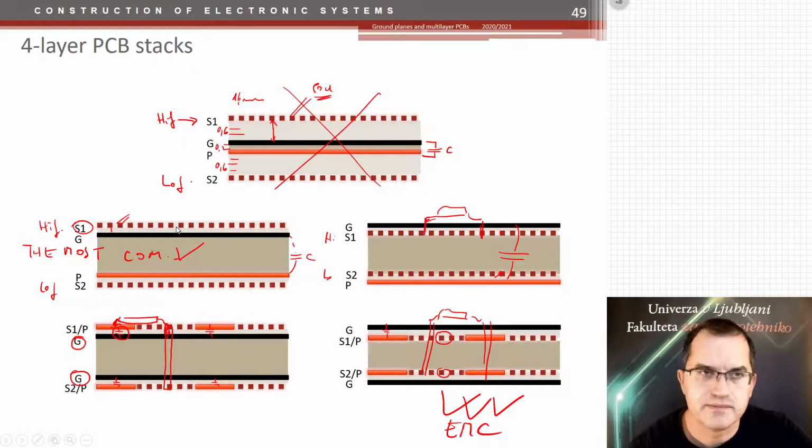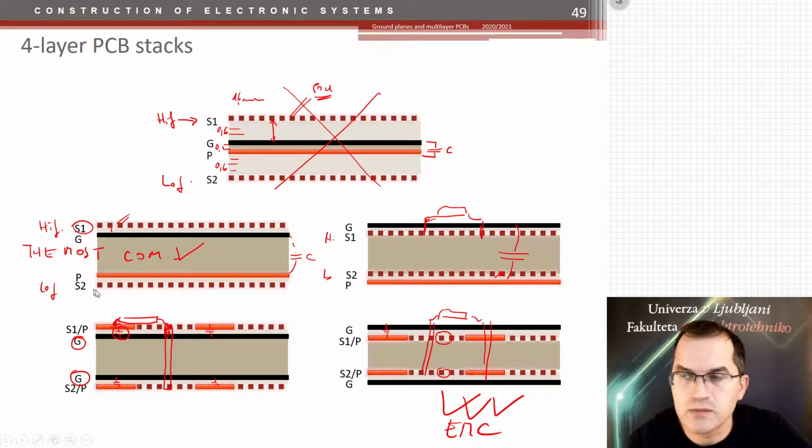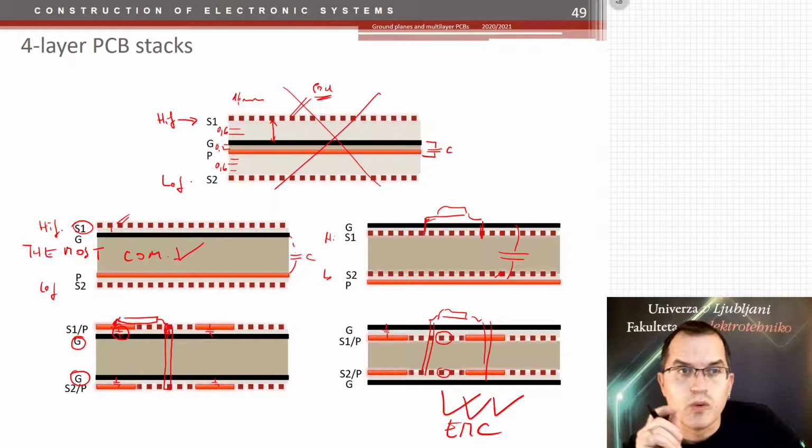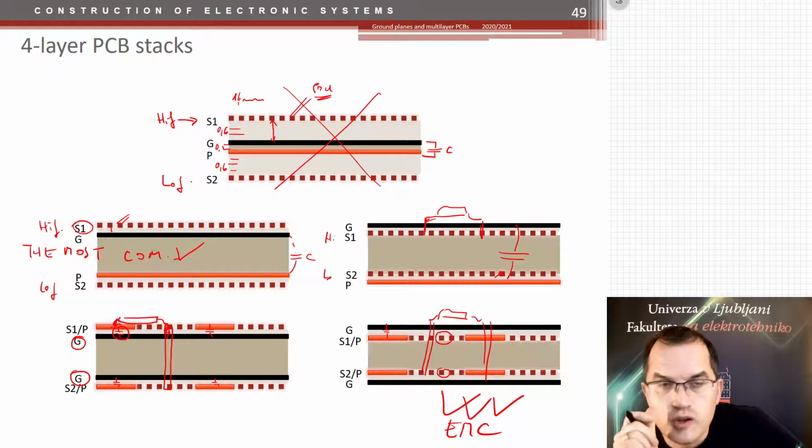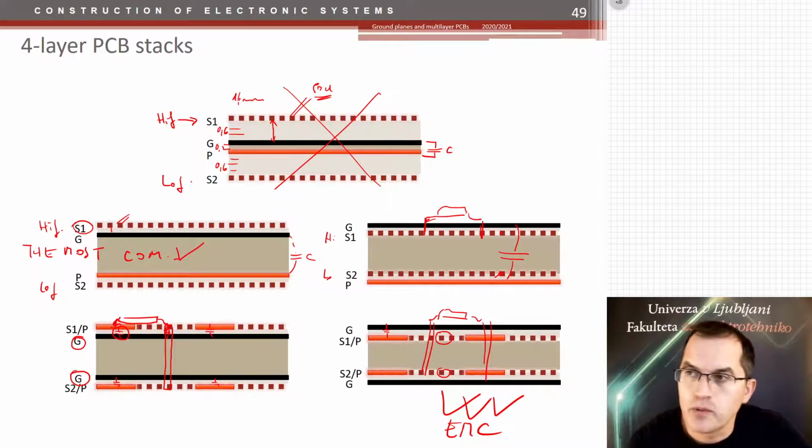If you just need a quick solution which does not have a lot of EMC issues, I would prefer that one. Why would that one be preferred? Well, because you don't need a lot of wires to connect the ICs, because they can be connected on the top layer as well, and of course the bottom and so on. And maybe then I would go and use the rest of the surface for power and ground. So mostly I would rather see that you have 2 ground planes and you use the rest of the surface for power